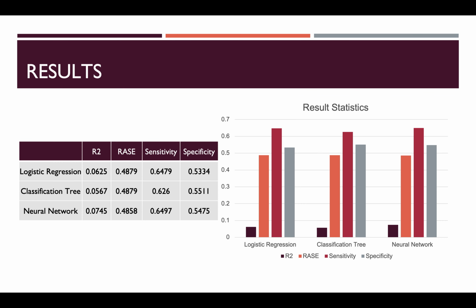After running the three techniques again, we produced many more predictions in both classes for all three models. More details on each of these models can be seen in the written report. Here we see the R-squared value, the root average square error, the sensitivity, and the specificity. The R-squared is the overall prediction of the value of the model, which can range from 0 to 1.